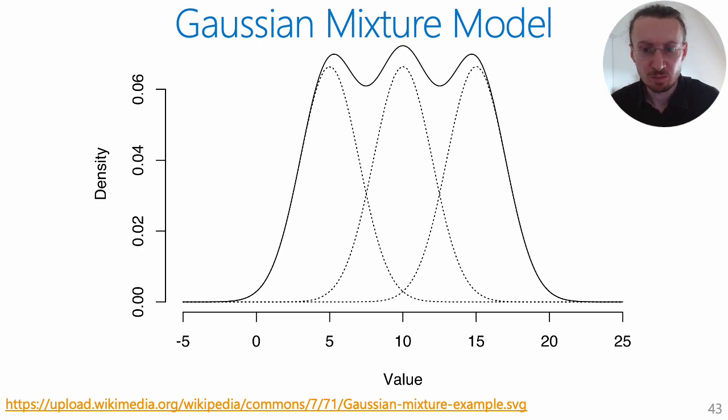A GMM is completely determined by the parameters of its individual Gaussian components, parameterized by the mean and the covariance matrix, or in a single dimension, the sigma, the standard deviation. A fitted GMM can give an estimate of the log likelihoods of data points. This is also called the estimated density. The example shows a Gaussian mixture of three normal distributions in a single dimension.